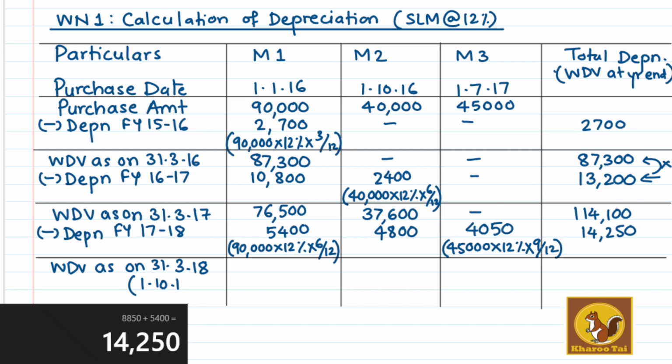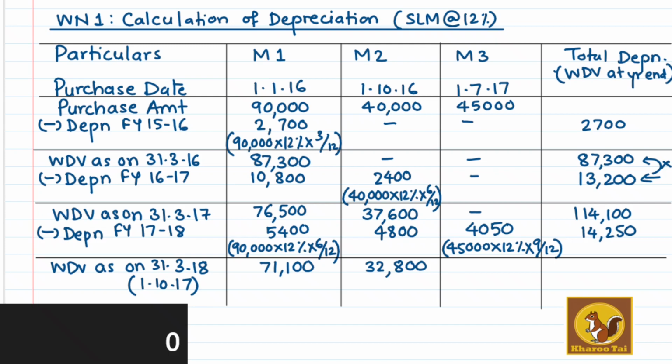So let's calculate the WDVs. 76,500 minus 5,400 is 71,100. 37,600 minus 4,800 is 32,800. And 45,000 minus 4,050,